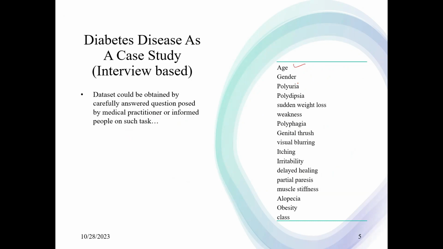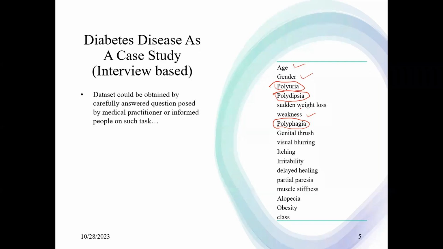So you can see you ask for the age, you ask for the gender, you ask a lot of questions, like do you experience weakness. Some other terminology might need to be explained to the people concerned, because they could be ordinary persons who don't understand the terms. However, you can also choose to ignore some of those terminologies that an average person cannot answer, especially